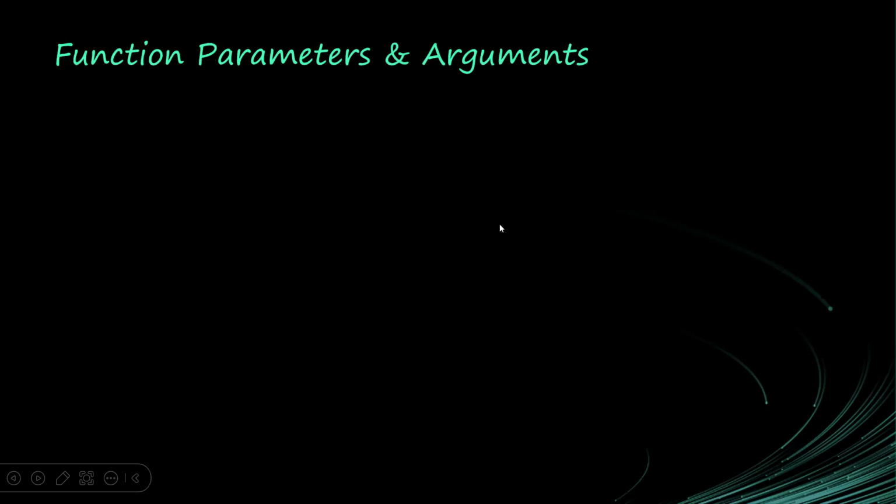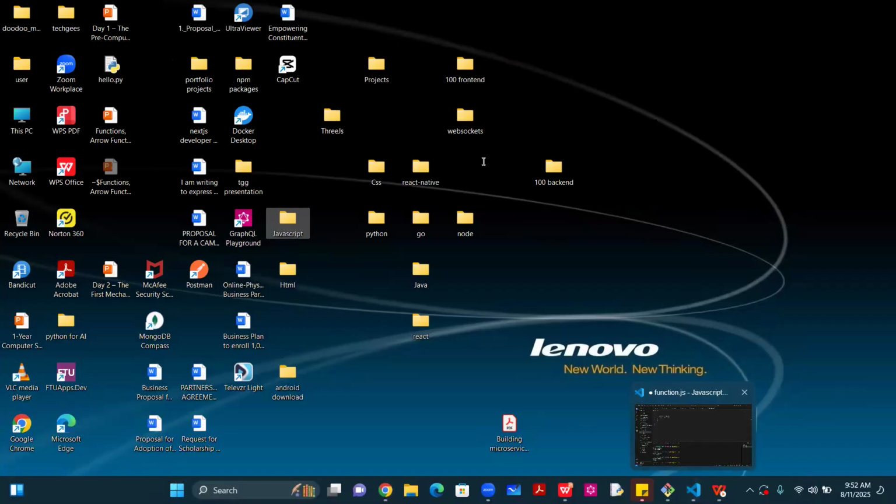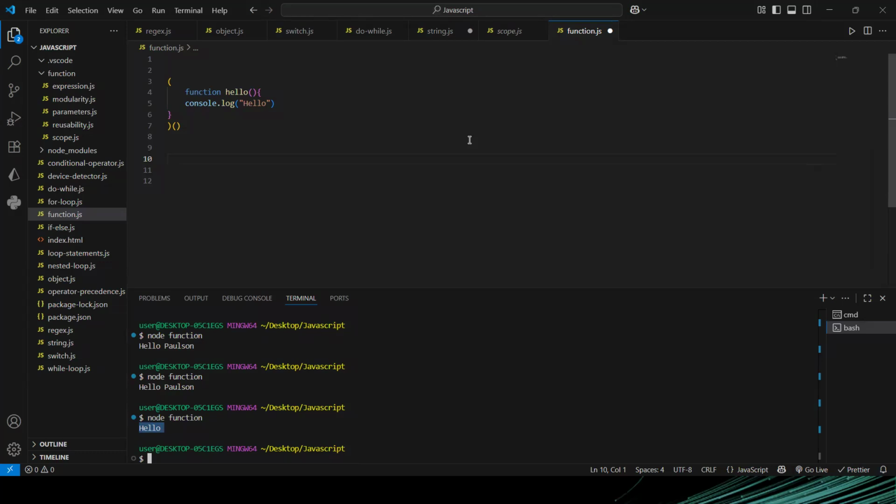So we also have function parameters and arguments. You can see that functions can have parameters and arguments. In this case, we also have default function parameters. Let me throw some light on these function parameters. When you have a function, if for any reason you're going to give your function something to work with, you will give it to it